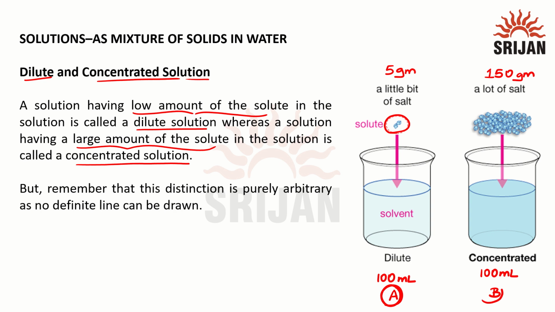We have to compare with other solutions also. So now here we can tell B is more concentrated compared to A. So A will be a dilute solution and B becomes a concentrated solution. Now we have to distinguish the solutions based on the comparison with the others. That is why we have to remember that this distinction is purely arbitrary, as no definite line can be